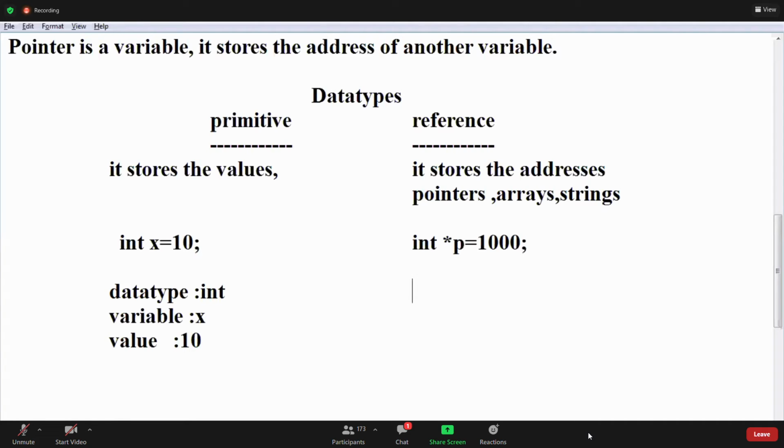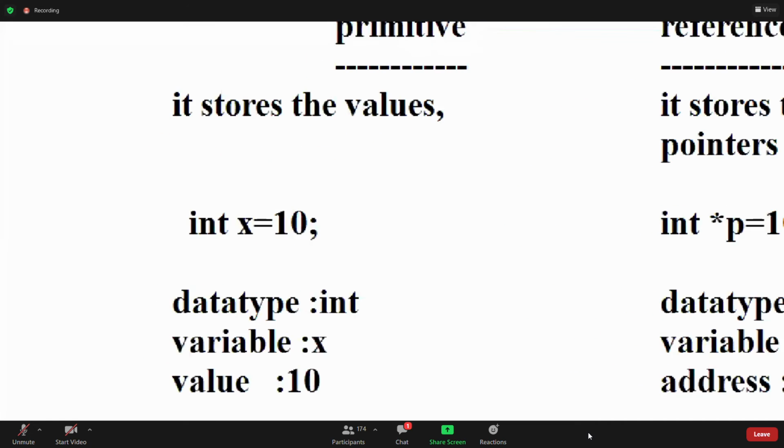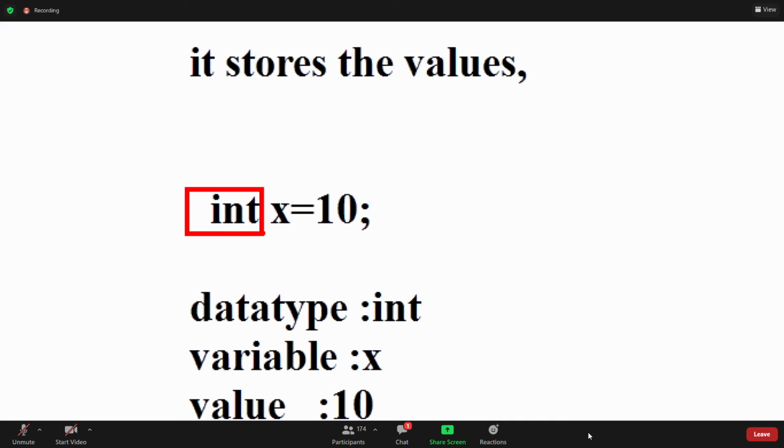What about here, guys? What is the data type? The data type is int star. The variable is p. Value, it's not a value, guys. It is an address type. Here int is a data type and x is a variable.